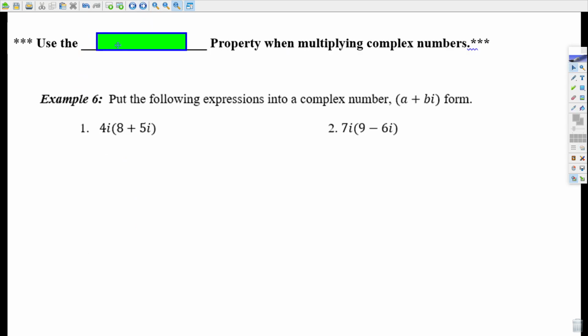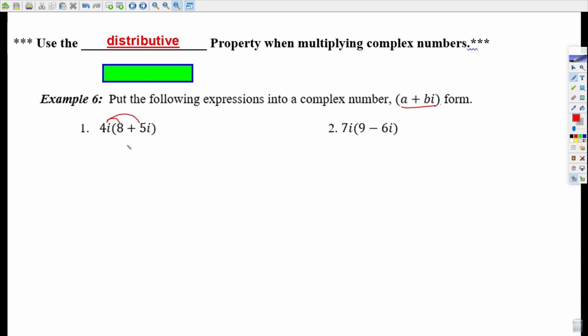The next part to this is we're going to start doing multiplication. So when you do multiplication, you're going to do distributive property like we do with anything else. But there is going to be one additional part to this, which you'll see in a second. So put the following expressions into the complex number a plus bi form. So it's going to look like this in the end, even though it may not seem like it as we do it. So for example, if you have 4i times the quantity 8 plus 5i, we can distribute the 4i